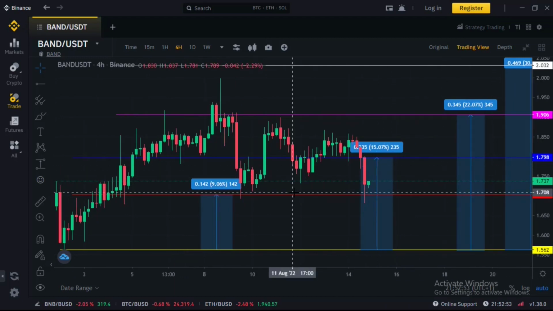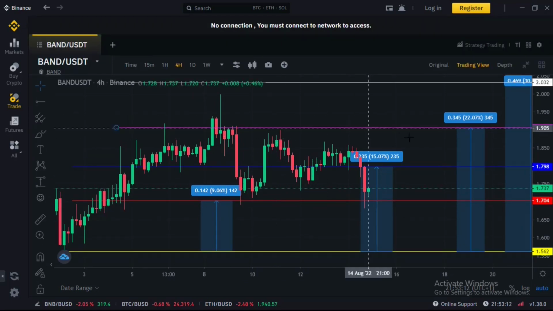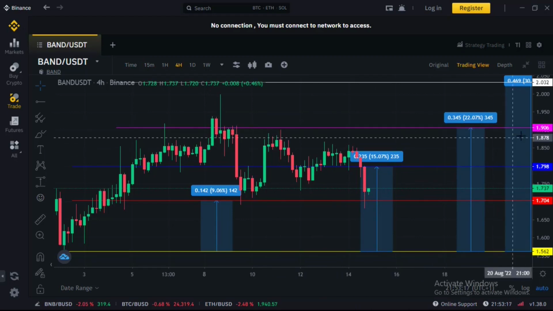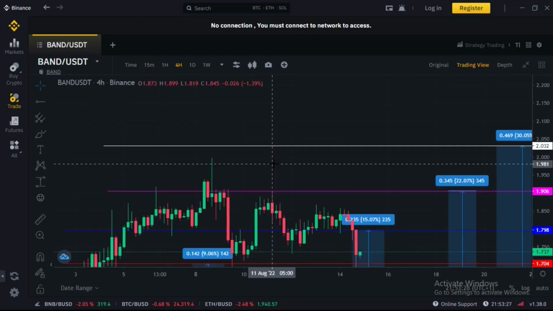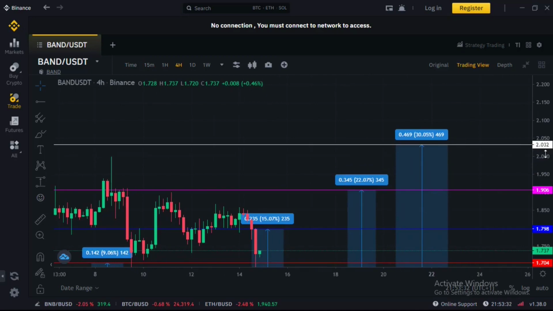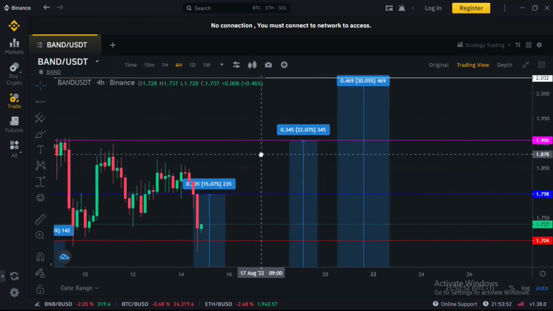$1.798. And your stop loss price is at 9%, which is $1.704. And your safety price is at 22%, which is $1.906. And finally, your take profit price is at 30%, which is $2.032. Now, before you move this price data into the Binance order form of your choice, make sure to be